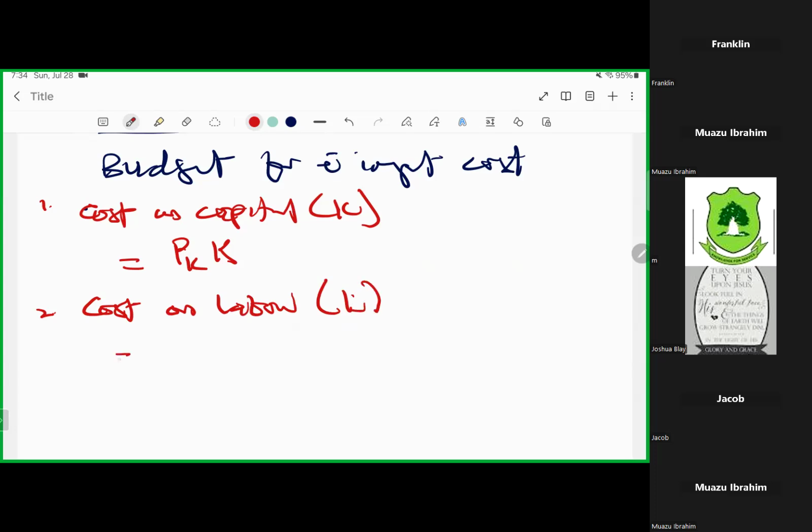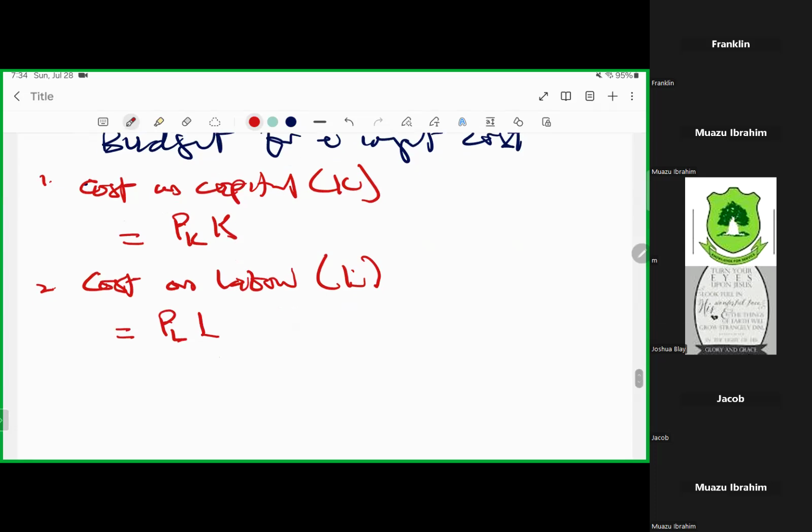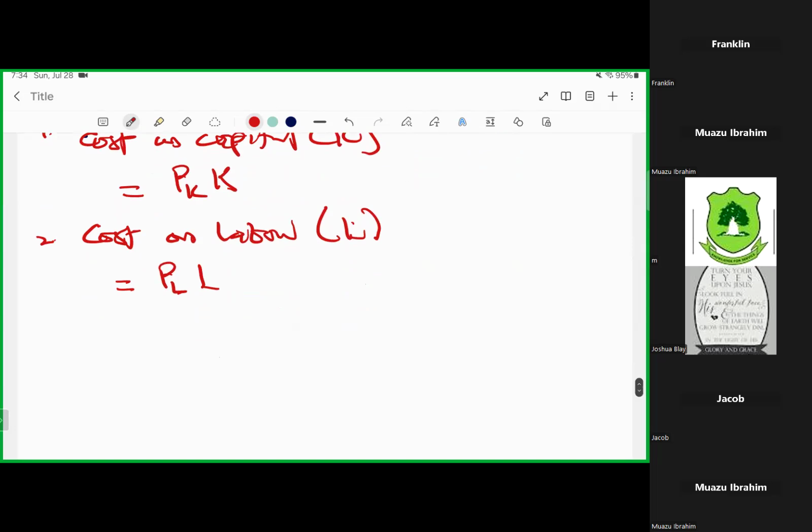And the cost that you'll be spending on labor, remember, is the price of labor times how many labor that you are looking at. So which means that your entire budget, the entire budget that you are allocating for this,